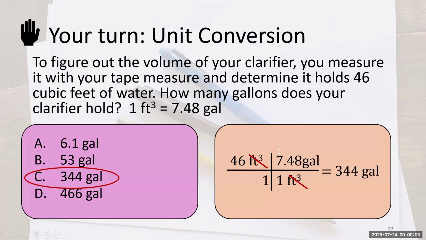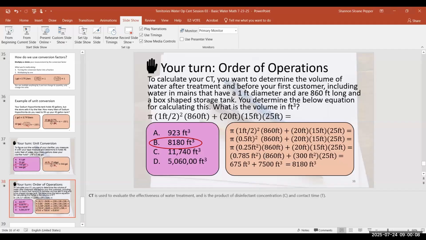Anytime you're multiplying a unit by another unit, you're just going to add the exponents, so we're starting to get 675 feet squared times feet, or feet cubed. And then on the right hand side, same deal, because those units are multiplying by each other, we basically add the exponents together for each of those feet units. So if we do that, we've finally conglomerated all of our feet together in this equation. We've got 675 feet cubed plus 7,500 feet cubed, and that gives us 8,180 feet cubed.